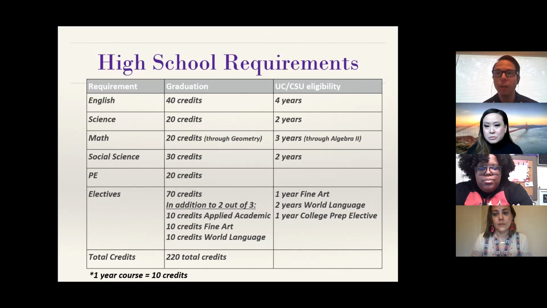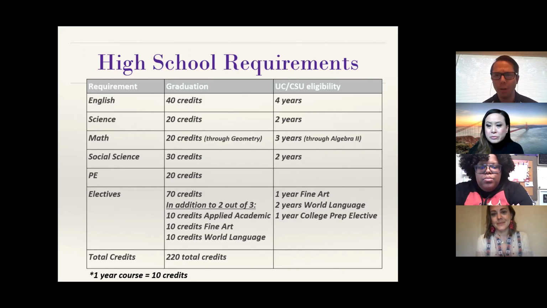We will notify you. We will let you know how to possibly repair grades if you are off track, or what classes you need to take if you are off track. So obviously it's good to be responsible and take a look at your transcript and your progress yourself, but just know that you also have your guidance counselor who is also helping you with that as well.